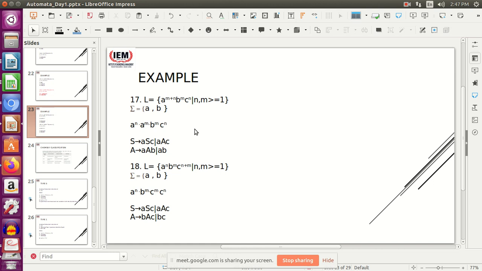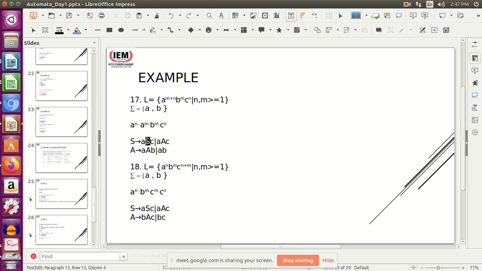Now again, how to solve this grammar? Once you have broken this into powers, first imagine the starting and the ending point. What is the starting and ending point? That should be similar, A and C. Number of A should be equal to number of C. So the same strategy, A, C will be fixed.